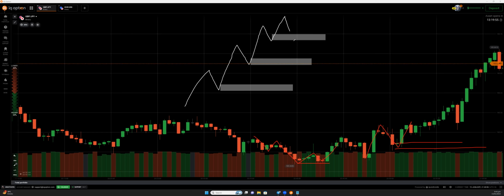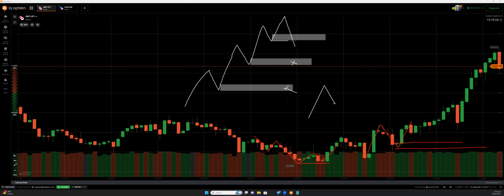The price comes back and sellers take control and create the order flow. Now you're thinking, can I use this one? No, we will never use it. When the trend was up, we were using it. If the trend has changed, we are not using this demand, not using this demand. Always we will go with the trend. Means if the price moves up, creates a zigzag, it comes back, we will move up. Again it moves up, the price creates a high, it creates a zigzag. If it comes down, we will go for up.